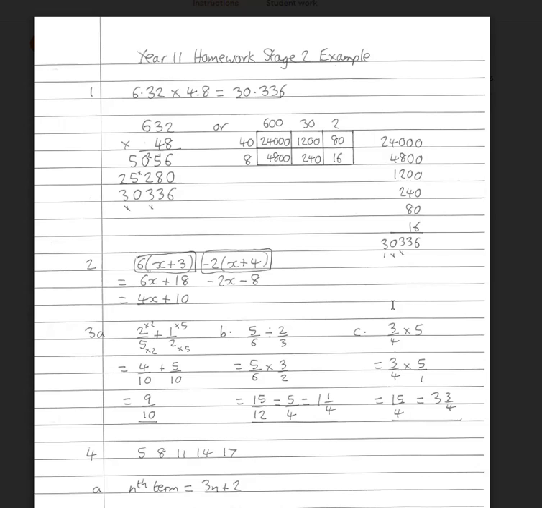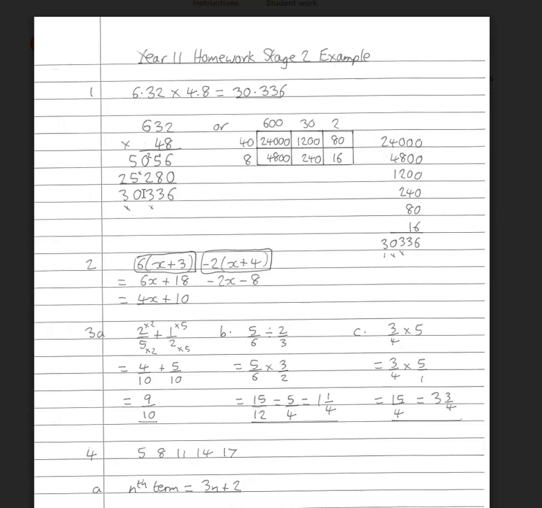Now it's important to know where the decimal point goes in the final answer, because we've just worked out 632 times 48. What we want is 6.32 times 4.8. Now there are 1, 2, 3 digits after the decimal point in this question. So what we do is we take this answer, and to put the decimal point back we have 3 after the decimal point, because we've got 1, 2, 3 after the decimal point in the question. So 1, 2, 3, decimal point goes there,